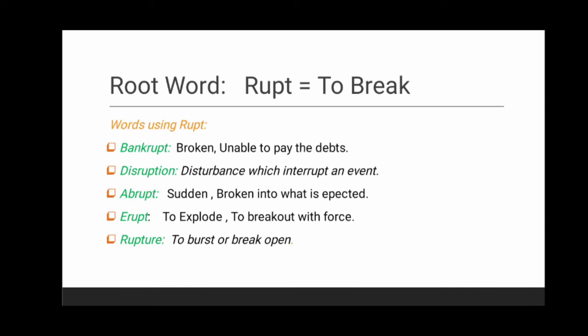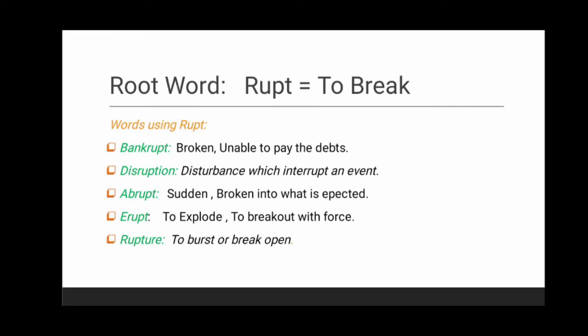And we all often hear the word bankruptcy, okay, which means it's a legal process through which people or other entities who cannot repay debts may seek relief from some or all of the debts. It's called bankruptcy. And the next word is disruption, which means disturbance which interrupt an event. And the example sentence is, the disruption left the park in Scotland as a disastrous place.